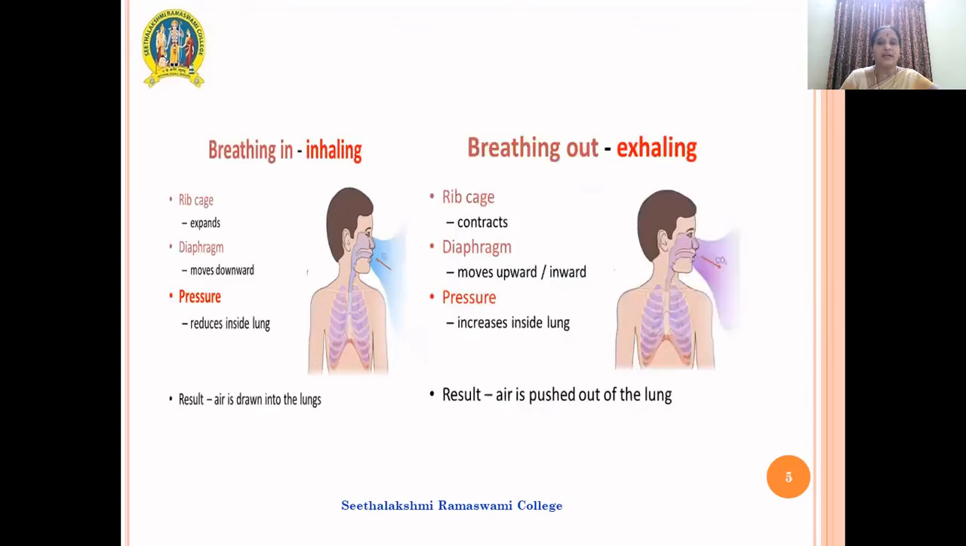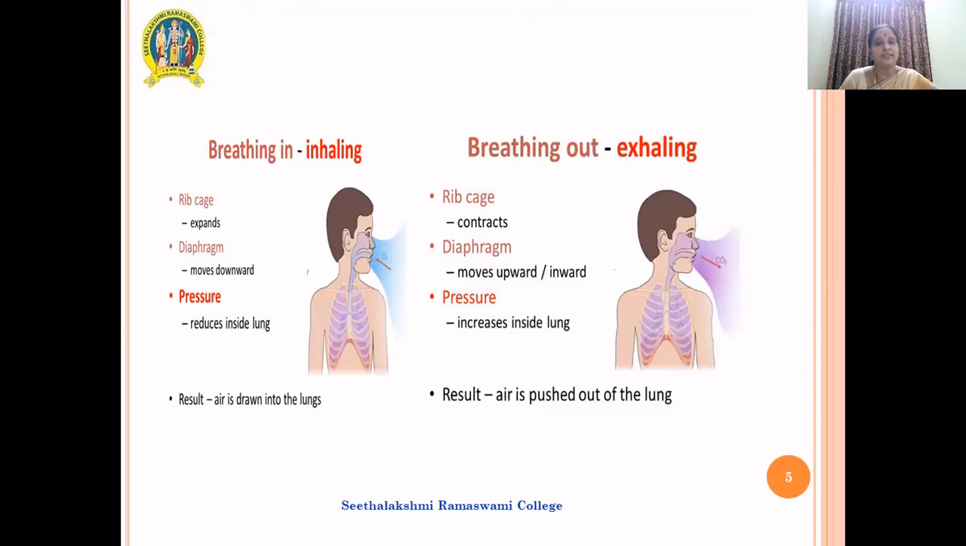Breathing in and breathing out, or inhalation and exhalation, are the two important processes which we call collectively respiration. During these two stages, the gases are exchanged between the environment and the organism in general and human beings in particular. Step one is the breathing in process, or inhalation, wherein the rib cage expands, the diaphragm makes a downward movement, pressure inside the lung gets reduced, and